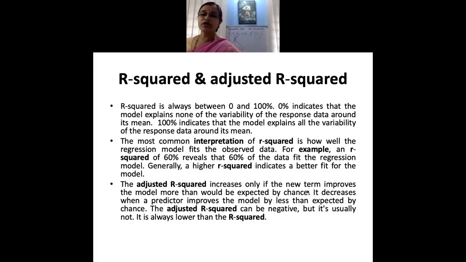Now, when you are doing all this, the most important thing is to write the interpretation. As I told you, whatever value you get, you must say that so much percentage of your data fits into your regression model. The higher the percentage, the better the data fits into the model. The lower the fit, you can always find out why there is no relationship, what the reasons are, or you go back to the previous papers and find out what their R square is.